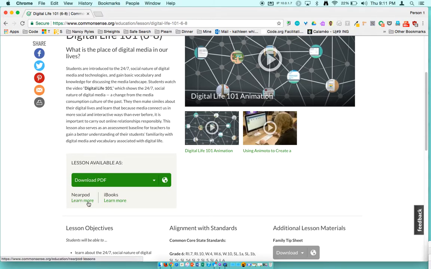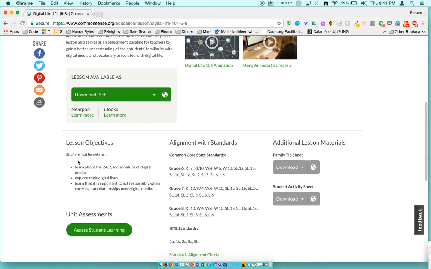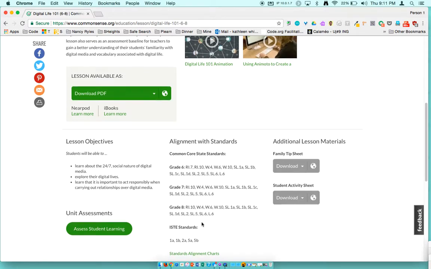If you use Nearpod, you can click here for this lesson, and if you use iPads and iBooks, you could click here. Here are the lesson objectives, the standards,